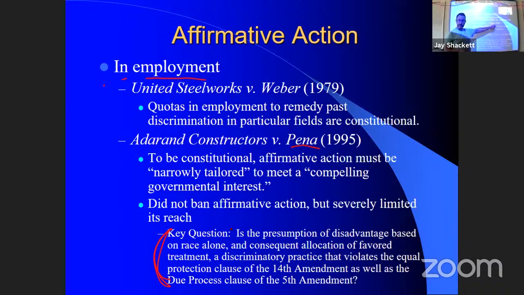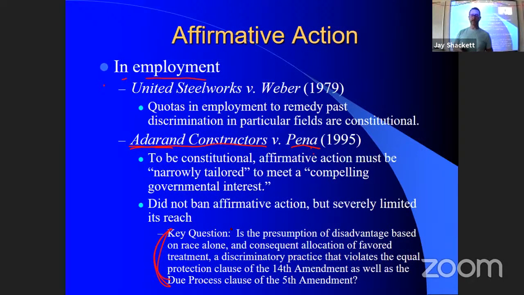That's Pena, Federico Pena, the namesake of Pena Boulevard. Okay, and this came out of Denver. Colorado had a law, or I think it might have been Denver. The city of Denver had a law in the early 90s that said in the awarding of city construction contracts, preference will be given to minority-owned construction firms. So in other words, if the city's got a construction project, let's say a roads project,